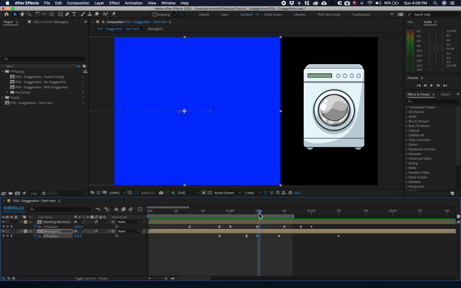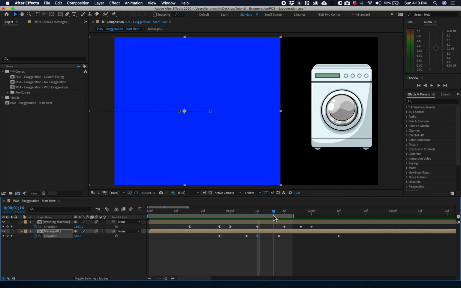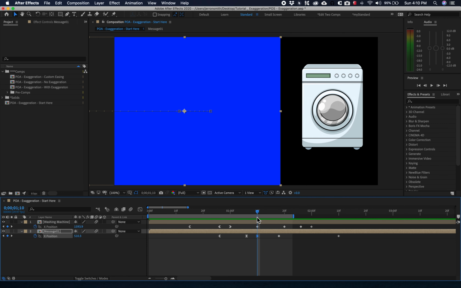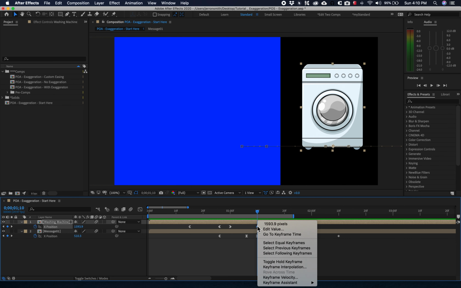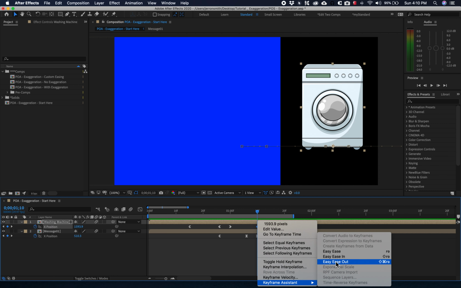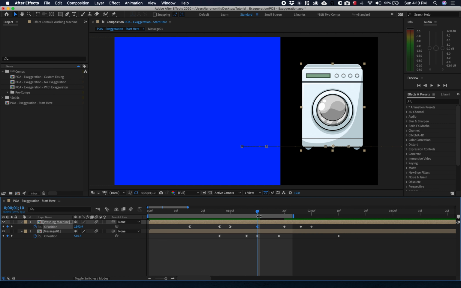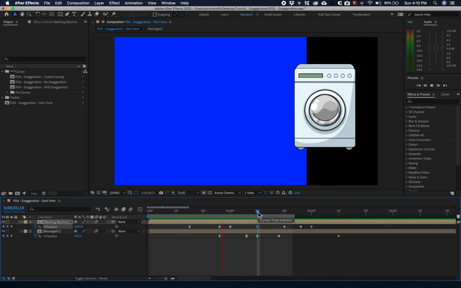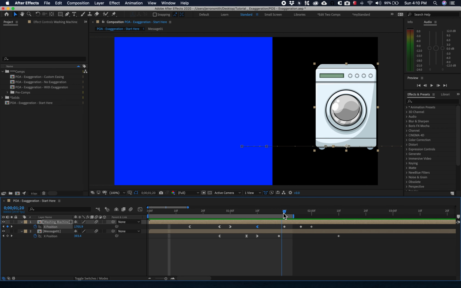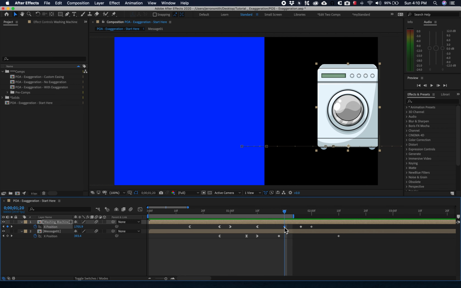So again, once the washing machine is finished, it's sitting there for a little while, then it starts to jerk back. So again, it's paused, so it had to pick up speed. So the keyframe where the washing machine starts to move backwards, it would start off slower. So Keyframe Assistant, it will ease out. So it'll start off slower, ease out, and then again it eases in as it finally reaches its furthest back